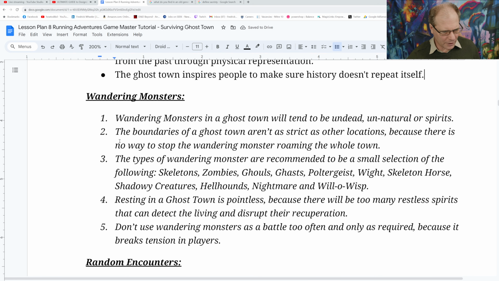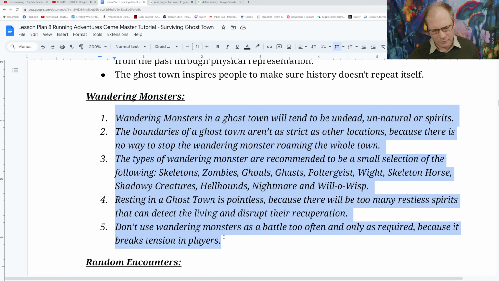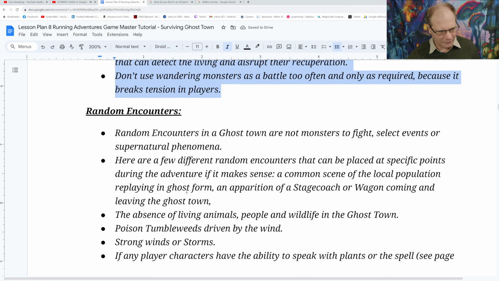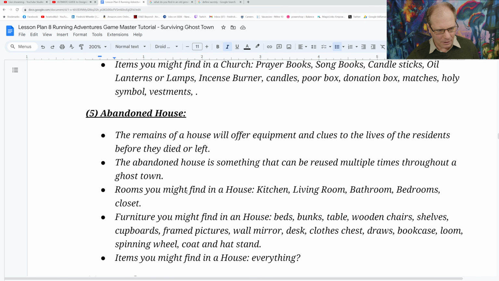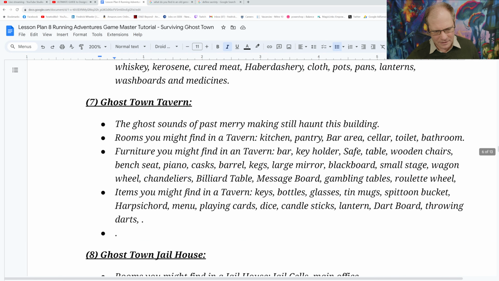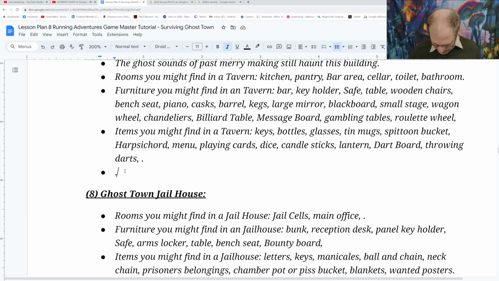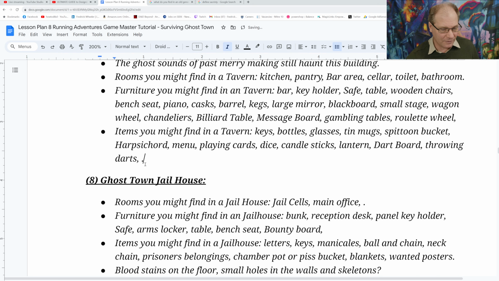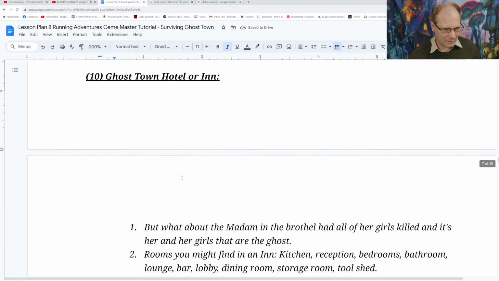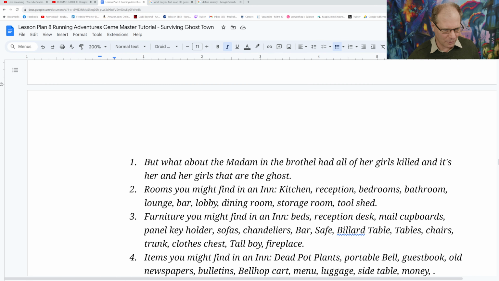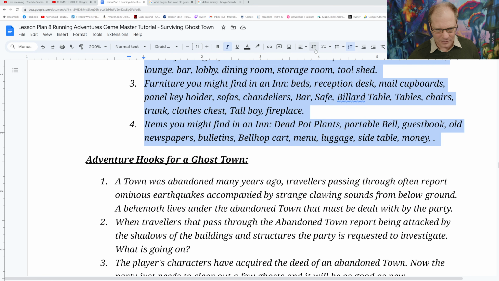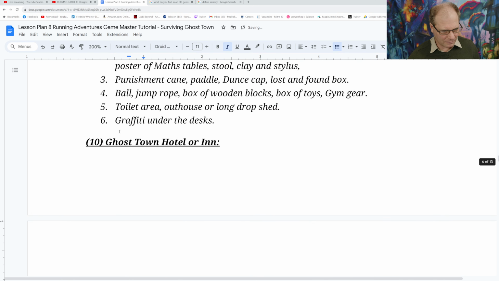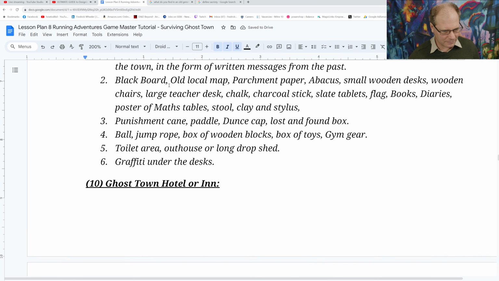Now, my question is, do people feel that we have come to the end of what we need to do with ghost towns? Is there enough material there that we feel like ghost towns have been done to death? Because I'm tempted to replace ghost towns with a different location. I know that might sound strange, but I am thinking very seriously about replacing it with a new location that we would work on, rather than what we've been working on in the past, and move on to something else. If people are up for that, then that's all good. And if they're not, then they're not. So yeah,